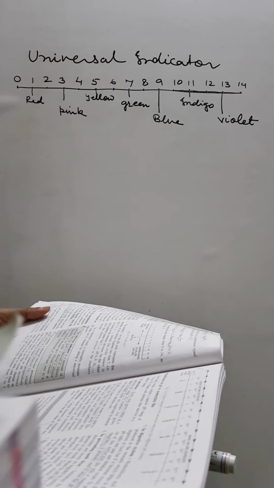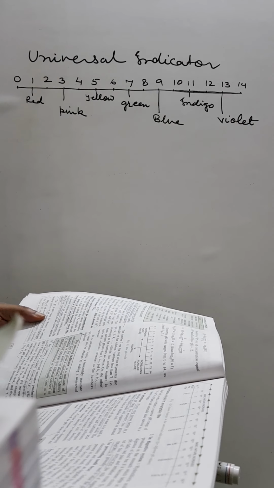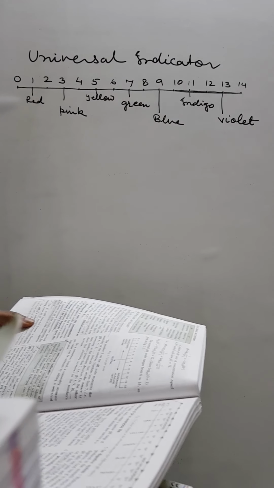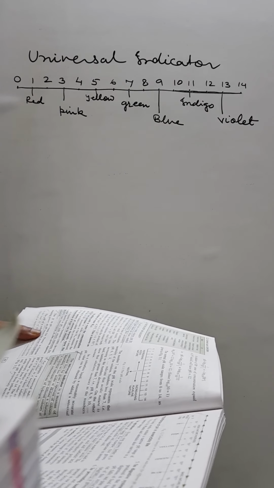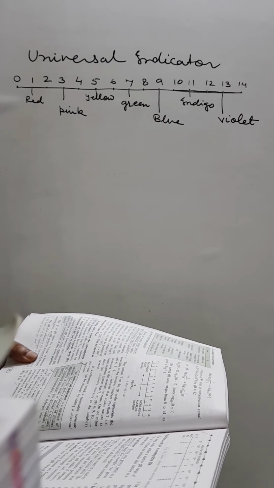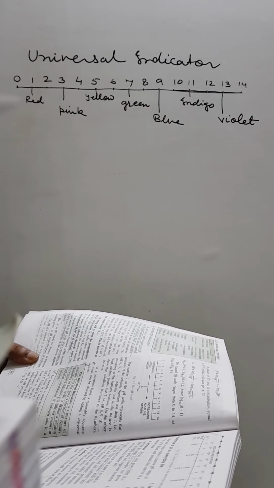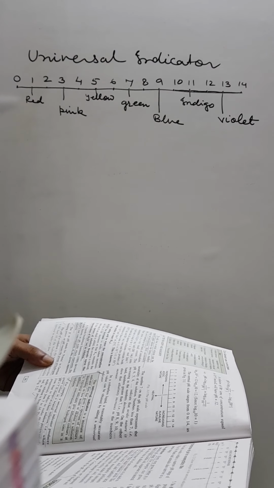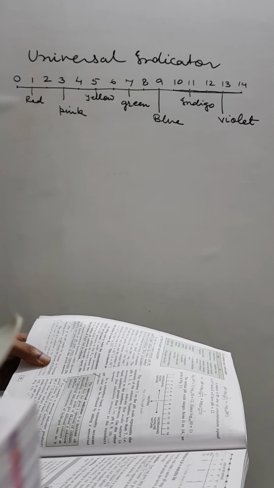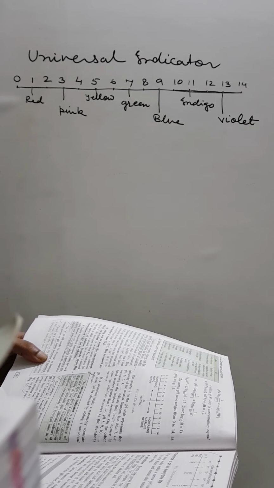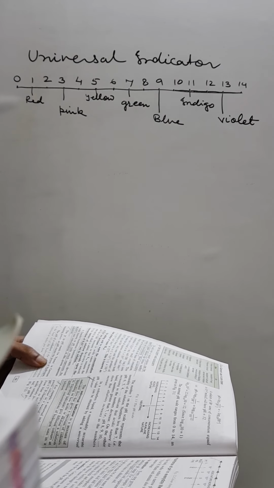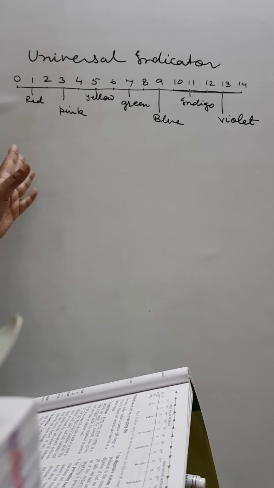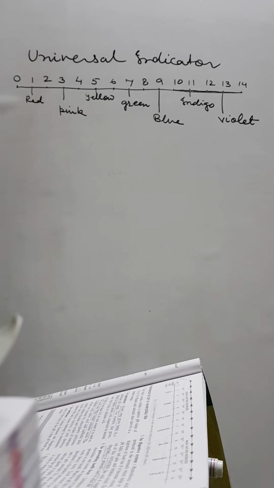Now, there is a green block on the right side, children, which has some definition about universal indicator. Please tick that block. I have to explain you that portion. Then below that, just tick one line in that last paragraph, which is on page 46 only. For example, a universal indicator produces green color in a neutral solution. Please underline this. Remaining you need not go. I will explain you with the help of this diagram which I have drawn here.